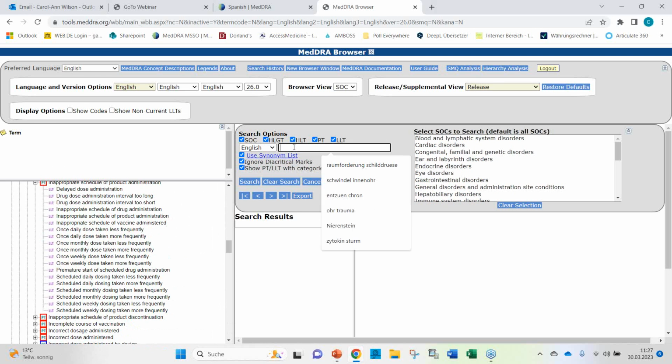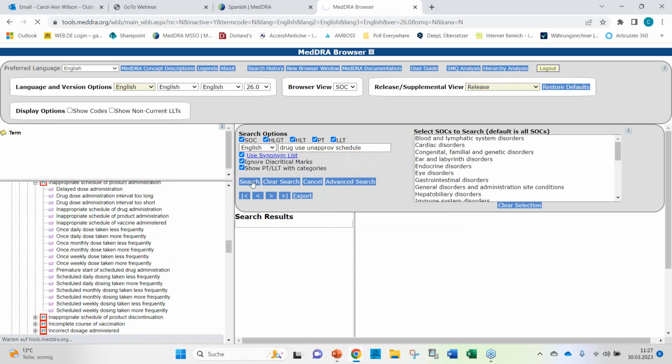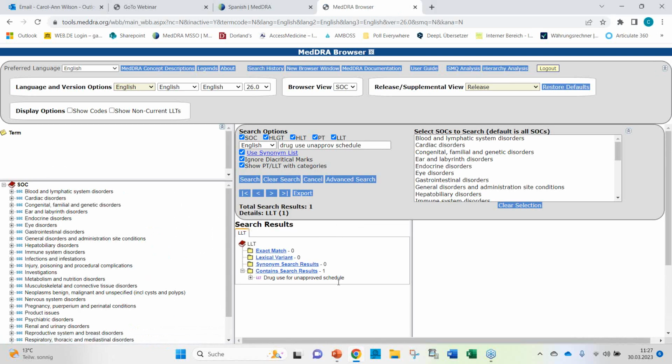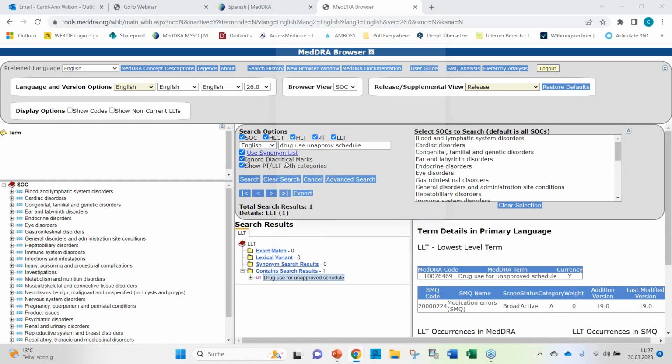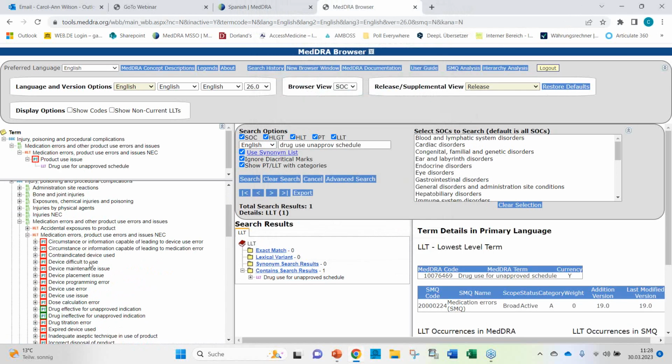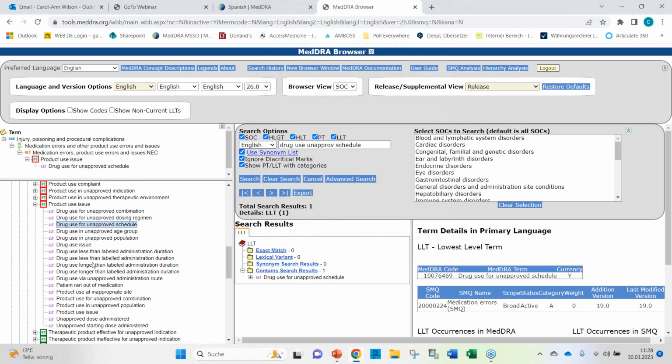Drug use for unapproved schedule is a different LLT. Here we are, right mouse click, go to browser, click on the LLT, and then you will be able to see it in the hierarchy.